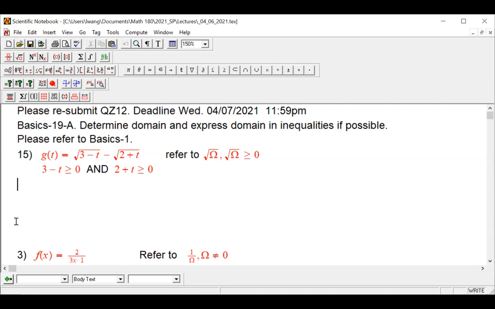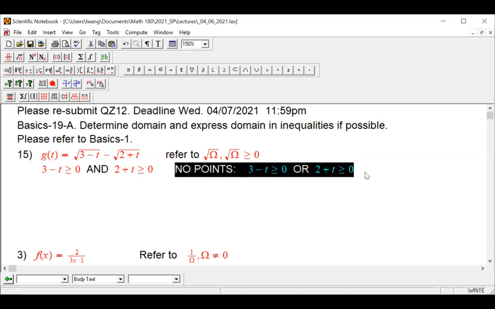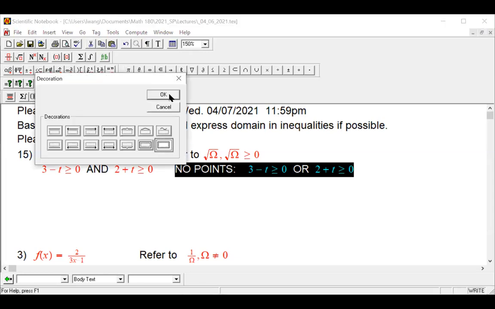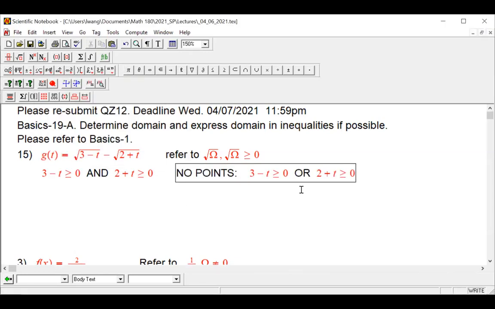If you use the word "or", write it down. If you use the word "or", you get no points. This is how you set up, okay? You get no points. You follow me? If you use the word "or",